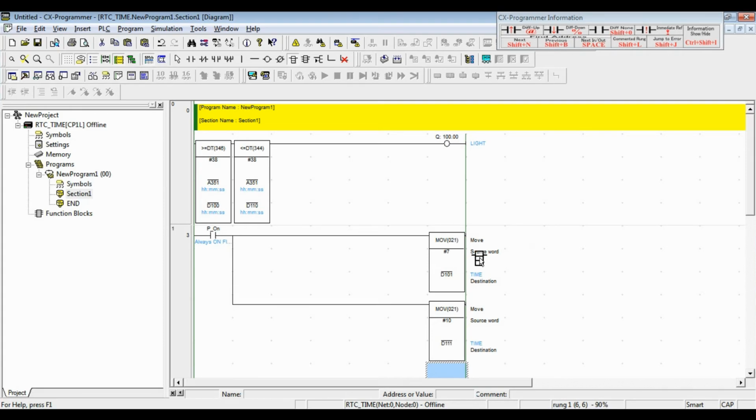Okay everyone, the first move instruction will transfer the value of 7 as the time setting to D100, and the second move instruction will transfer the value of 10 as time setting to D110.